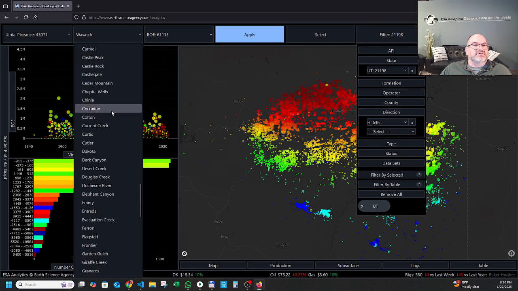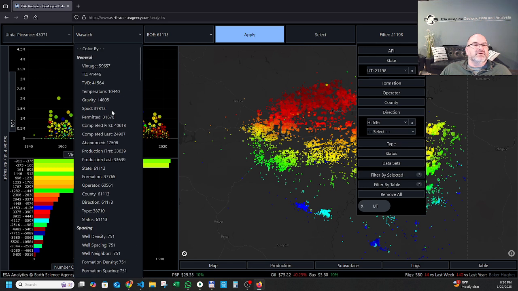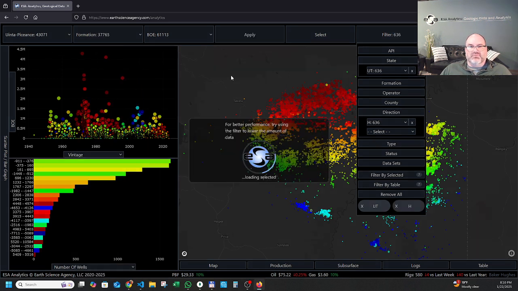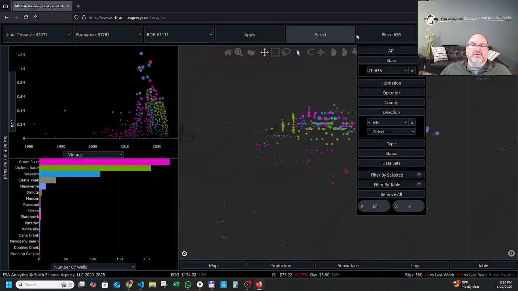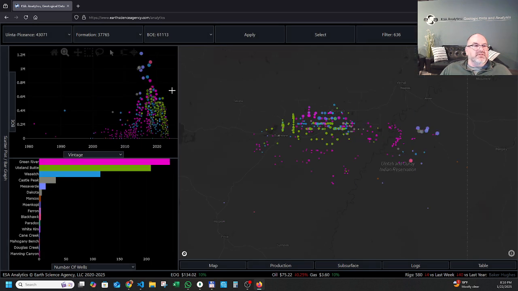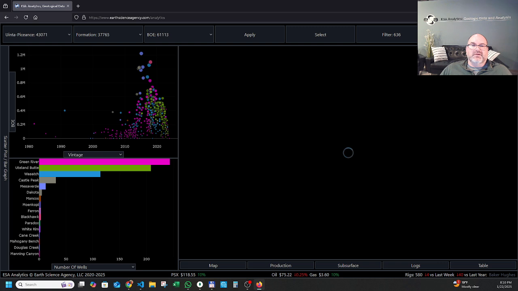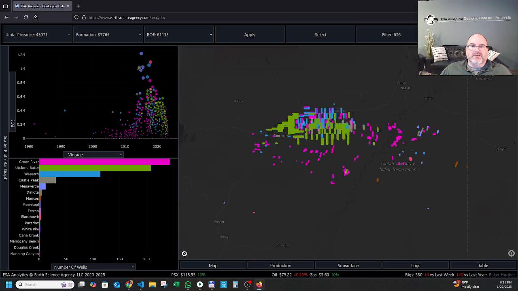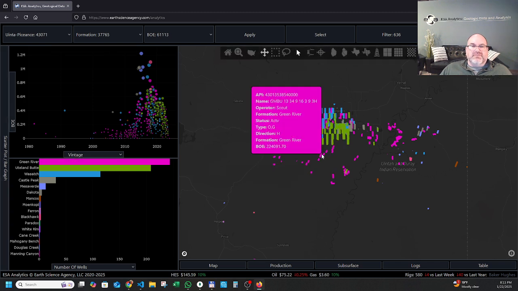And now let's color by formation. Again, just so you have a sense of what they are targeting with horizontals. And then the other thing we need to do is turn on our surveys. So this does a really good job of showing that out in these areas, you have these pink wells,